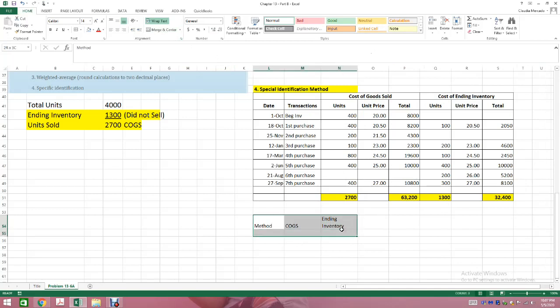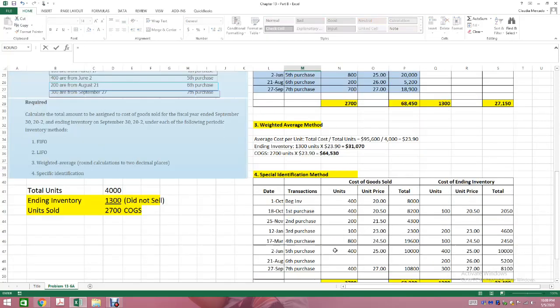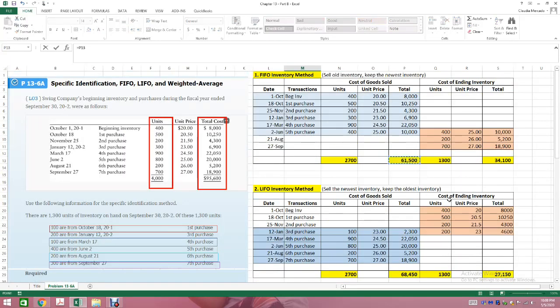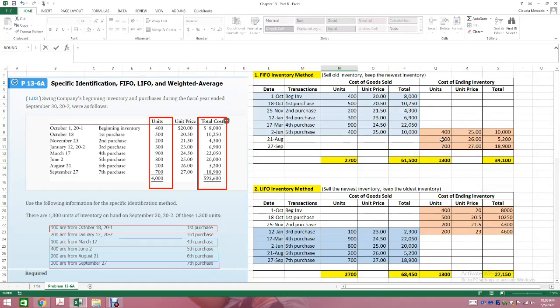Okay. And then I'm just gonna do a little table. That way we can summarize the different methods, and we can see the difference between the different methods. Regardless of the methods, I sold 2,700 units, and I had 1,300 units remaining in my warehouse. So the first method that we had was FIFO. Okay. For FIFO, my cost of goods sold was $61,500. My ending inventory was valued at